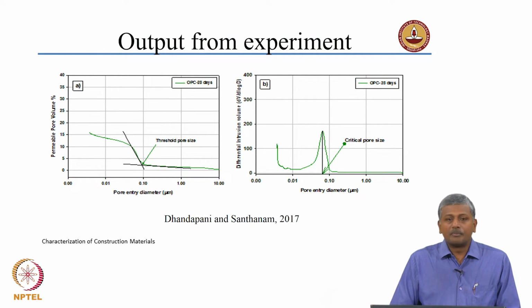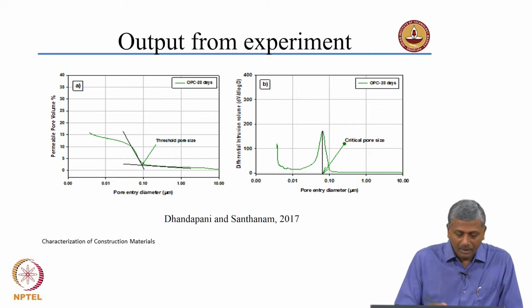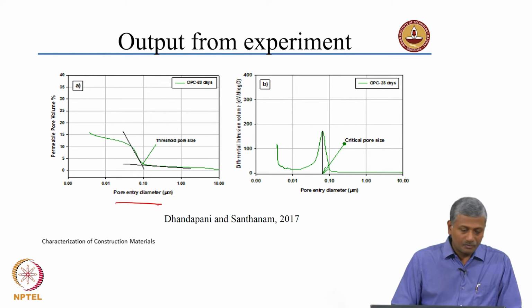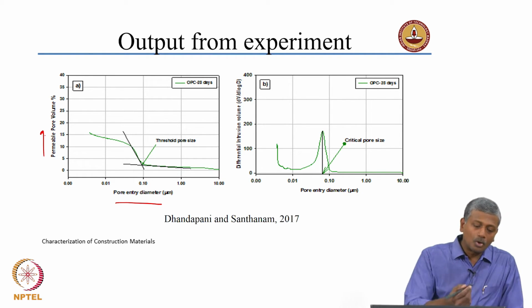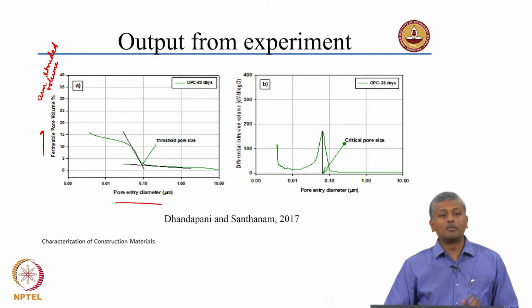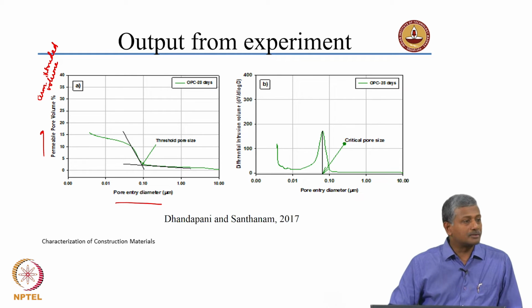Right. So, what is important is what you get out of this experiment. As I said, all you have to do is simply pressurize the chamber and intrude mercury at greater and greater pressures, which means that mercury will start intruding smaller and smaller diameters of pores. Okay. So, what you plot as a result of this experiment is the pore entry diameter versus the pore volume or cumulative intruded volume. That means how much volume of mercury is actually intruding the system.